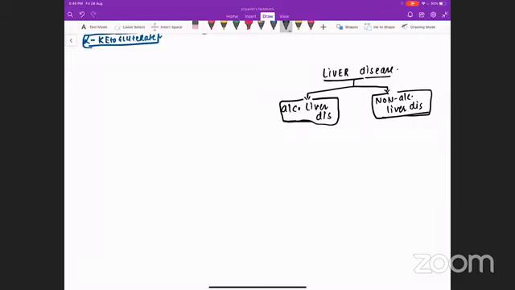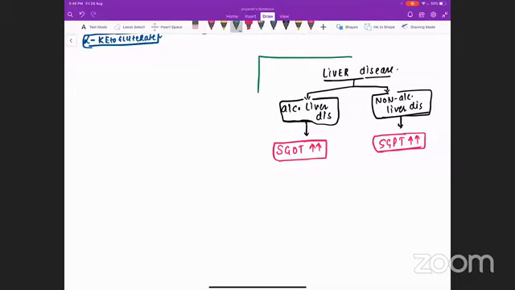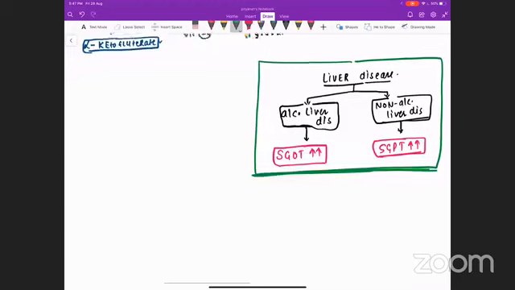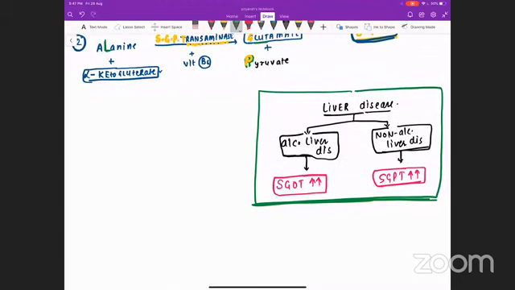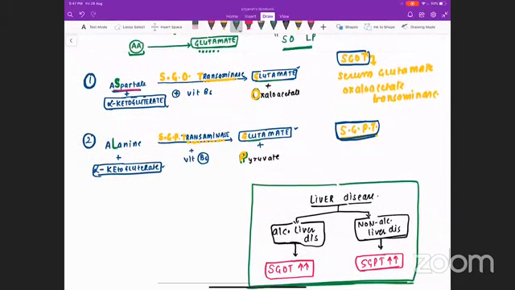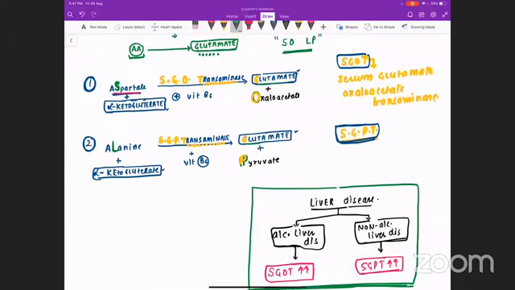First is always obviously the history, the clinical finding, or the laboratory finding that is going to support us. If the SGOT is high compared to SGPT, that is alcoholic liver disease. If the SGPT is high, that is non-alcoholic liver disease. This is an interpretation that can be made from SGOT, SGPT. If SGOT is twice higher than the SGPT, then we can say it is alcoholic liver disease. If SGPT is twice higher, then it is most probably a non-alcoholic liver disease. It is not always true, but most probably this will give you a hint towards the diagnosis.